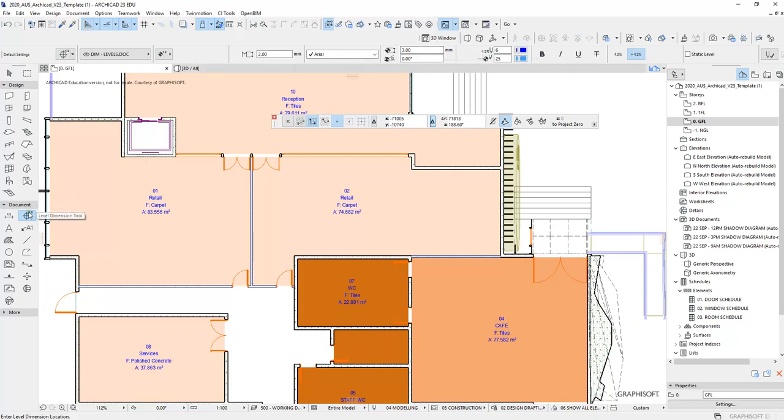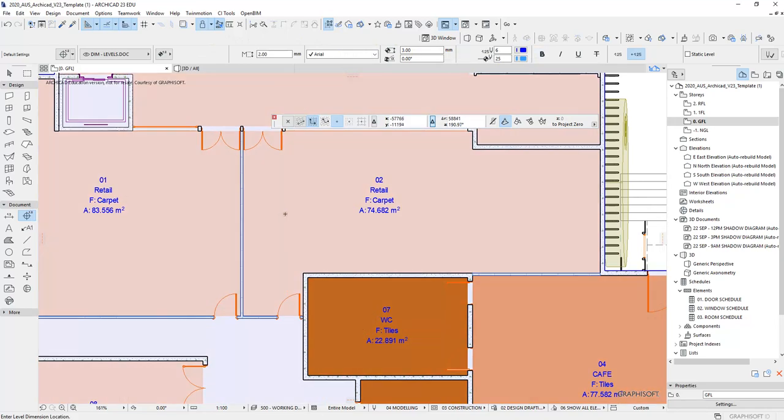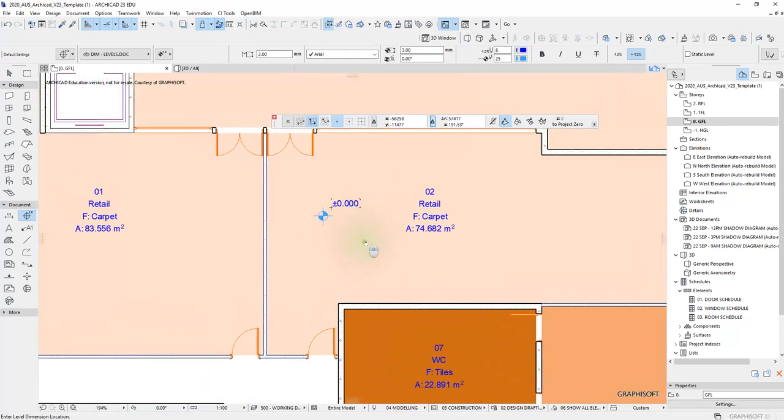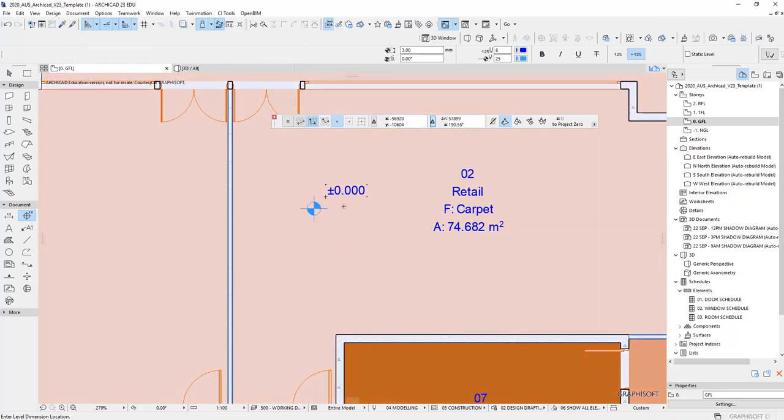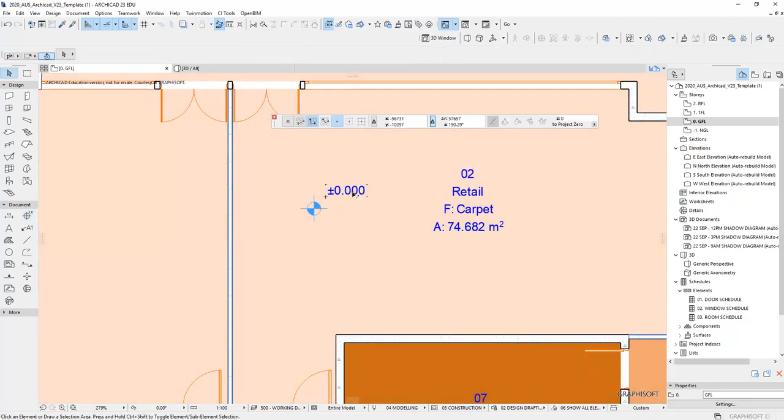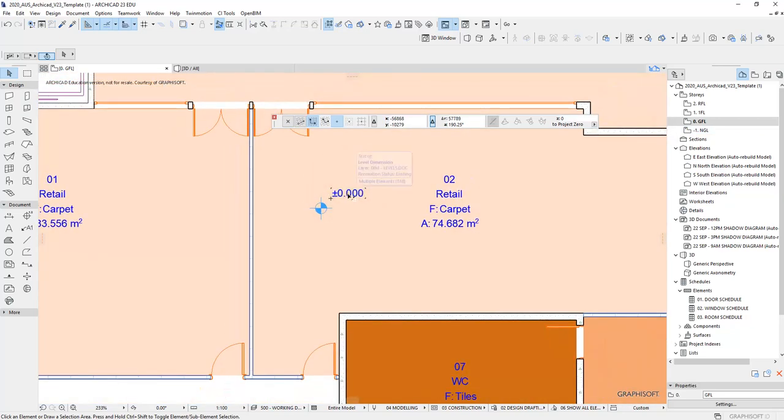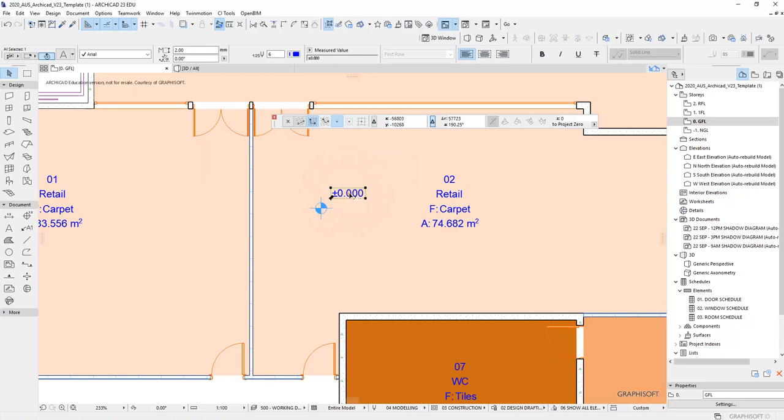Now, to use this, all you have to do now is to do a single click over here. And as you can see right now, it's giving me 0. So basically, this is referring to my physical height that I set up in my stories. Now, how do I convert this into the proper RL level? So to do that, all you have to do is to click on the text box like so,